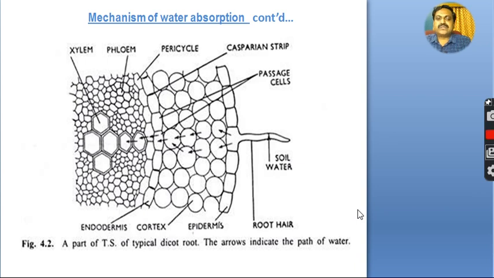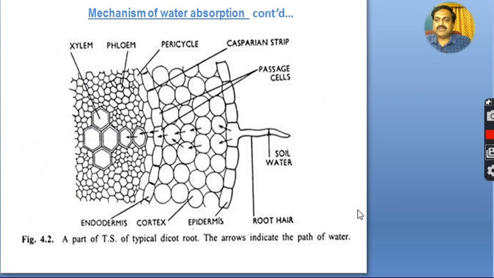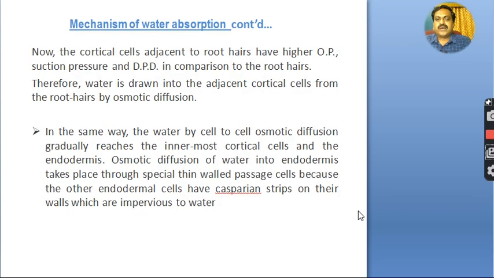Ultimately, it reaches the endodermis, and from the endodermis, through passage cells which lack Casparian thickenings, the water enters into the pericycle. From there, it enters into the xylem, and from the xylem, the actual path of ascent of sap proceeds. Here, the mechanism of absorption